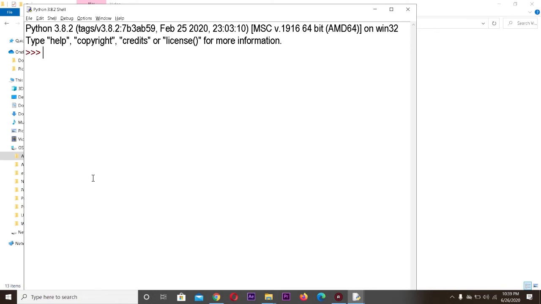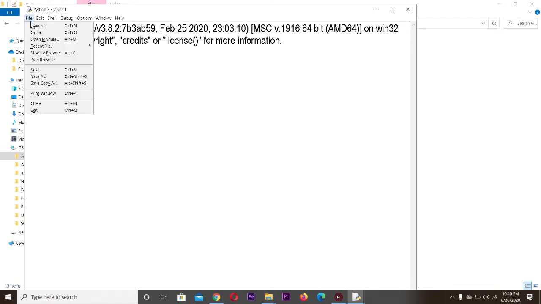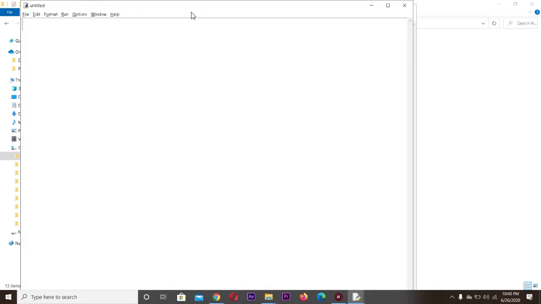Hello students, in the previous class we discussed the syntax and some examples of branching statements, if else and if elif. Now in this class we are going to see the execution of if else and nested if elif statements. So this is the shell window I have opened. Now I want to create a new file, so go to the File menu, New File, or press Ctrl N. We got a script editor window, so we are going to create a script.